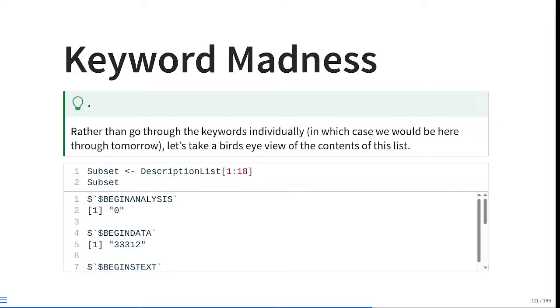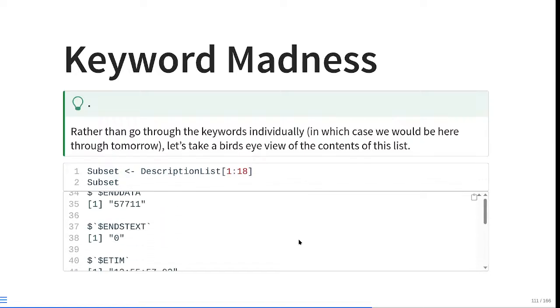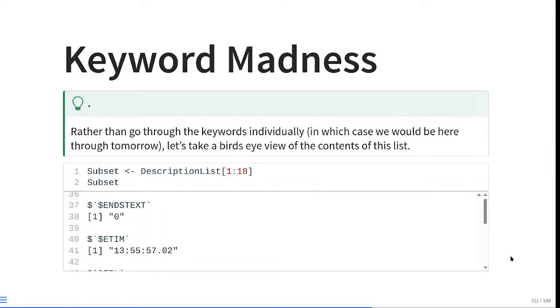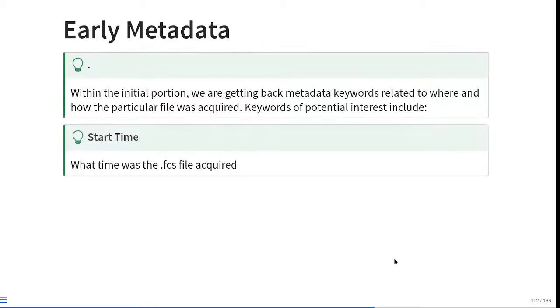So if we were trying to subset down this list, we could just say by positions, which kind of breaks it into little chunks. And if you see, we assign this to a variable we're calling subset, and we can just scroll down and see all the little keywords that are present for this one. So the bird's eye view of what's present: the first initial sets of keywords within an FCS file are very much the early metadata. So things like what was the start time of the FCS file would be contained within an actual keyword that's called